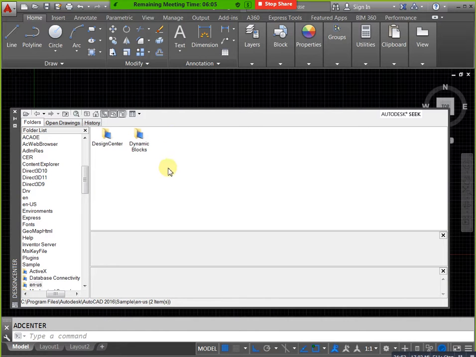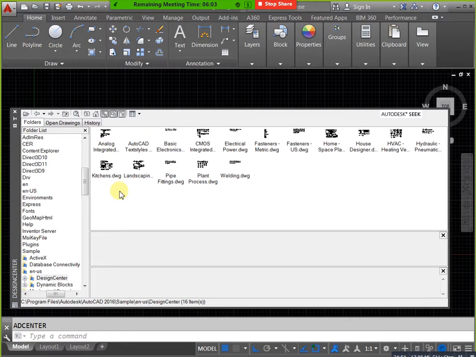Next, electrical. If you need to design any circuits, you can use this type of symbols here, electrical symbols. This is binary code, CMOS integrated circuits. This is completely easy when you design your binary code system. And this one is basic electronic symbols. If you need to create any type of circuits, you can create them by using these blocks, or otherwise you can create symbols and save them in your blocks also, based on your requirement.